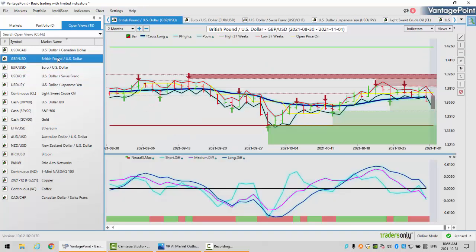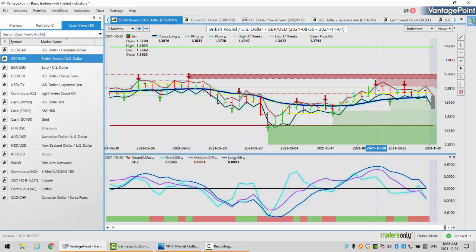Now, with the British pound, there's going to be no shortage of volatility this week. A lot of people believe that the UK or the Bank of England is going to start talking about hiking here. I believe they might be also. So we could see a reversal on the pound. Be very careful. But for now, for at least Friday, we have closed below the T-cross long,